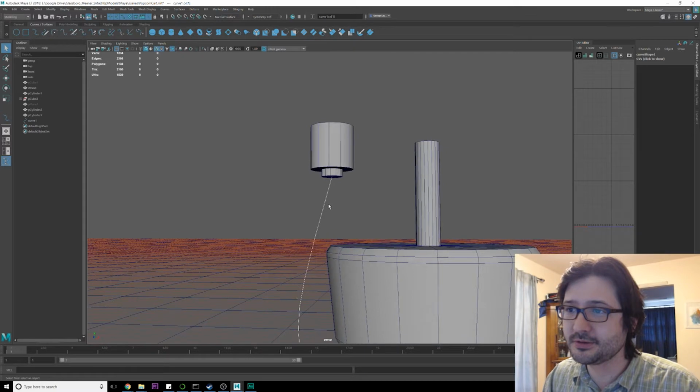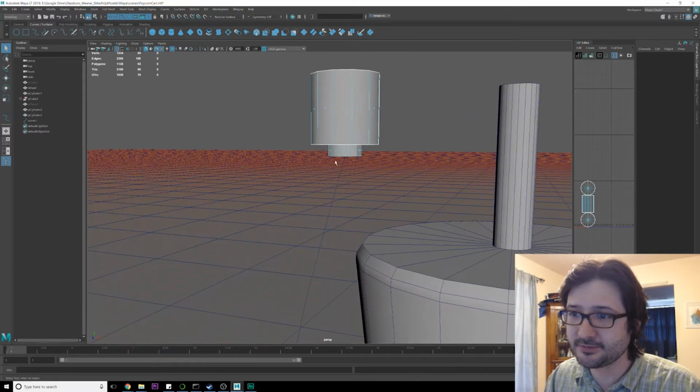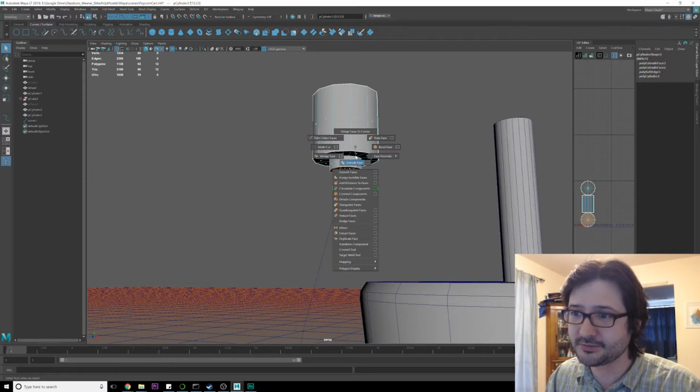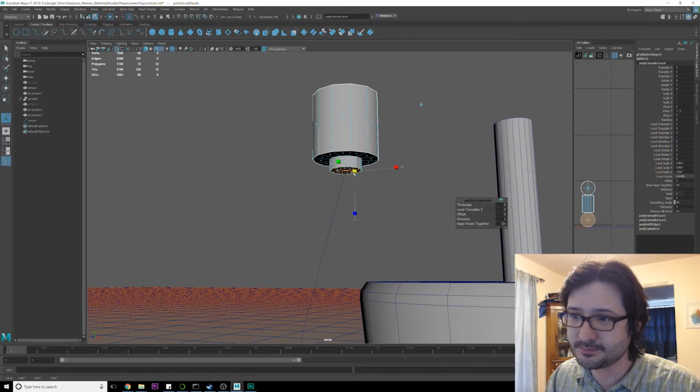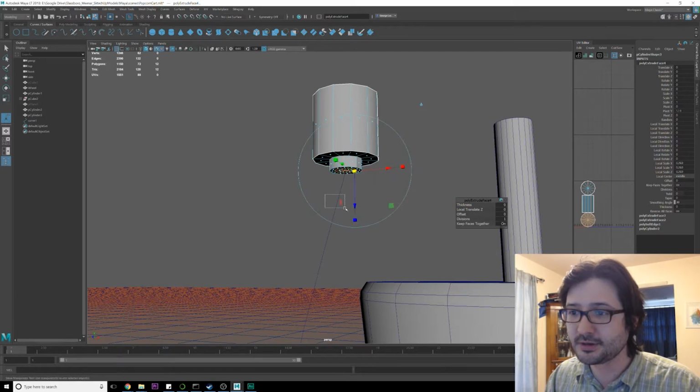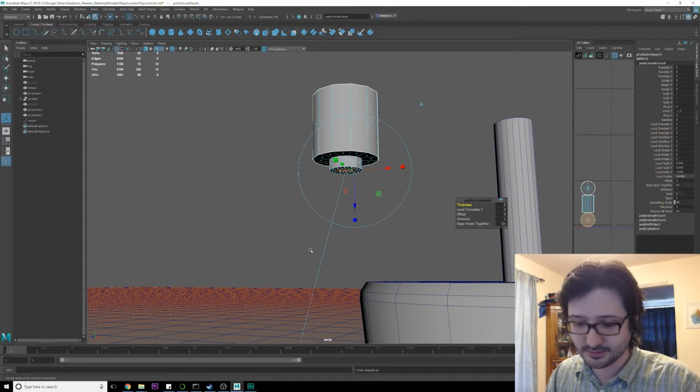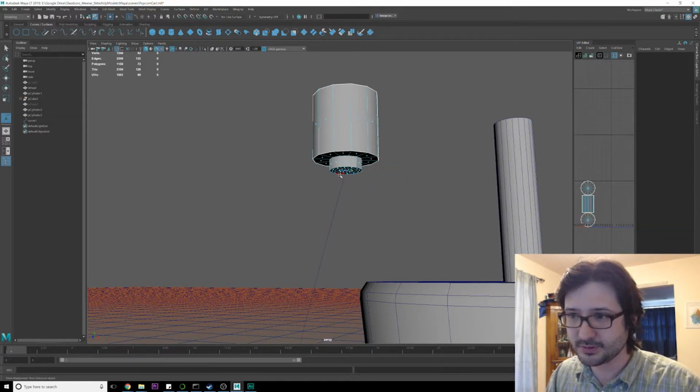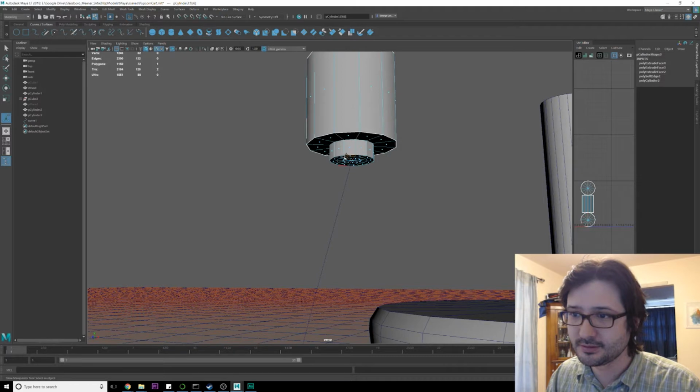Okay, good enough. So now what we do is grab all the faces up here, and we are going to shift right click, extrude, make that a little bit smaller. Then I'm going to grab this. I'm going to hit G. Whoops. Yes, that's what I want to do. The easiest thing to do is to grow the selection, then shrink the selection twice, and then grab this curve,